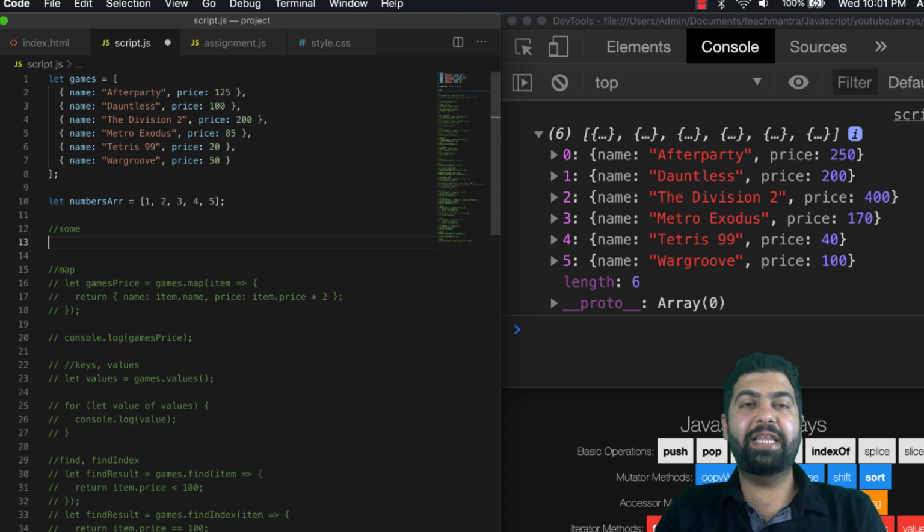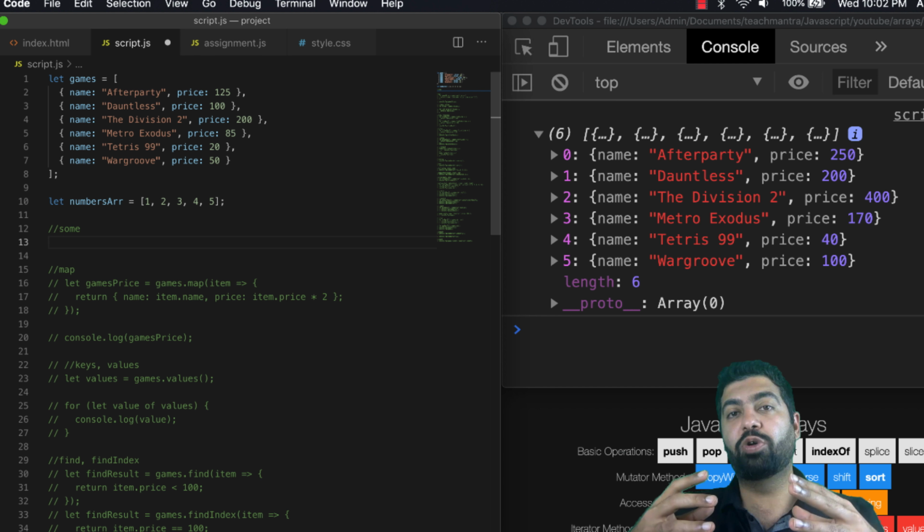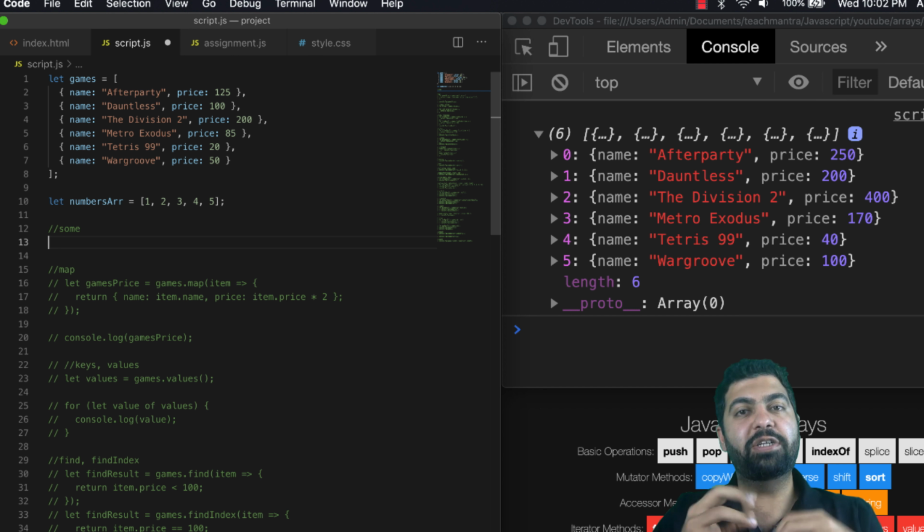So some, as the name suggests, if any of the content of the array meets that condition, it will return a true. Just like in every, where you expected that every element of the array satisfied that condition, you will return a true or a false. In some, basically even if one element of the array satisfies the condition, the response will be given back to the user. So let's say let some result is equals to